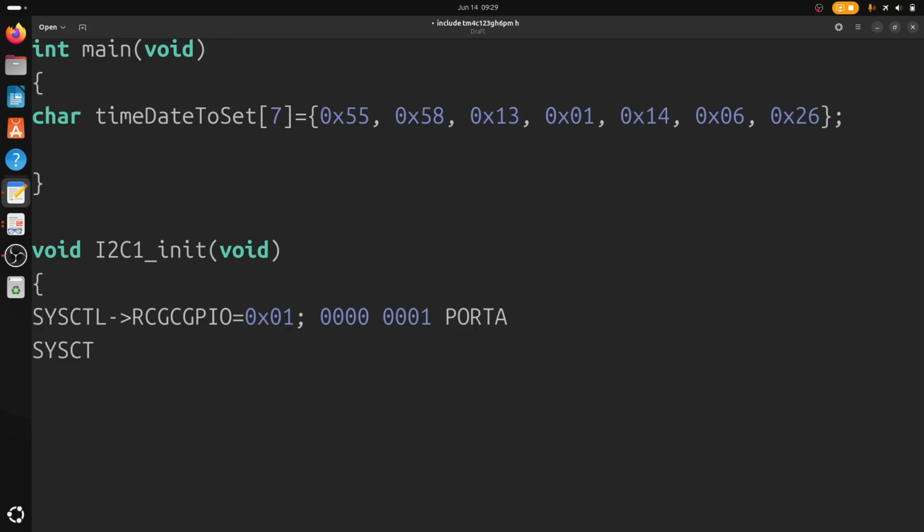Since we have chosen port A, let's choose the other settings for our program. System control is okay now. Using this register, we supply a clock source